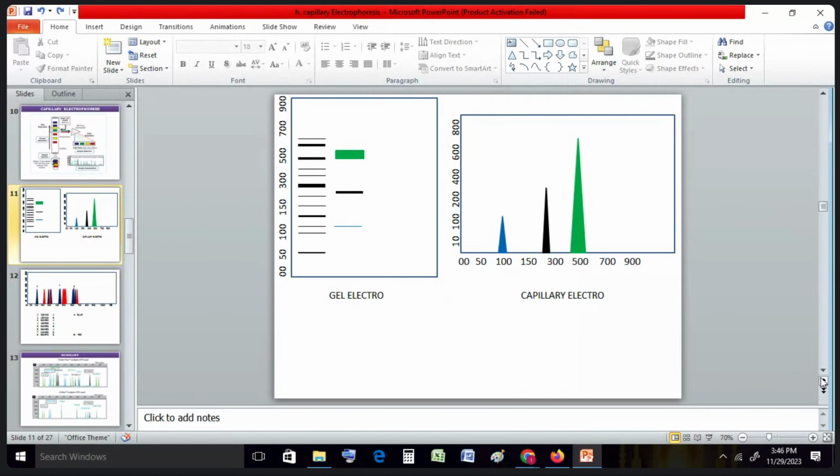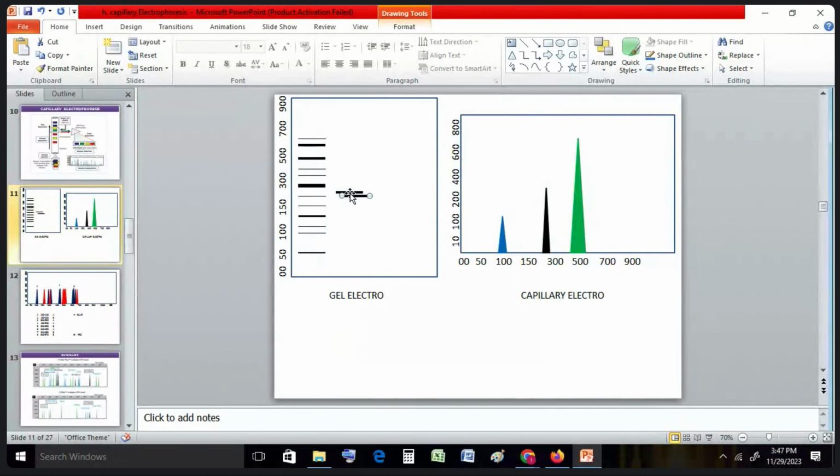So just take a number for the size. Like for 20, the band size should be like 300, and for 15, the band size should be like 250 or 270. So for that result, you are going to get in the gel electrophoresis